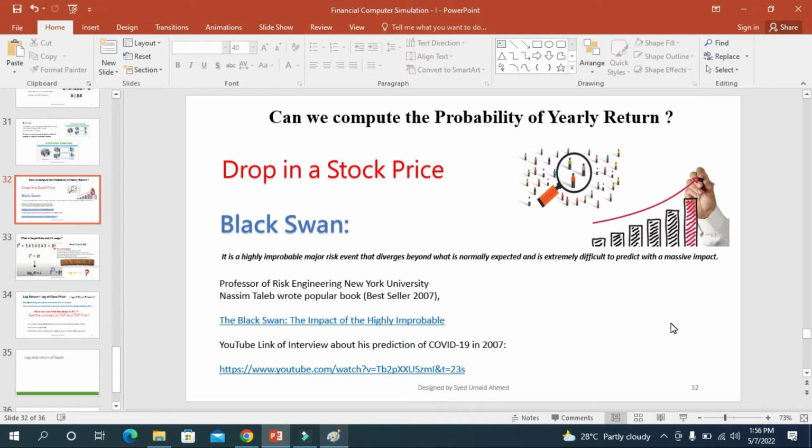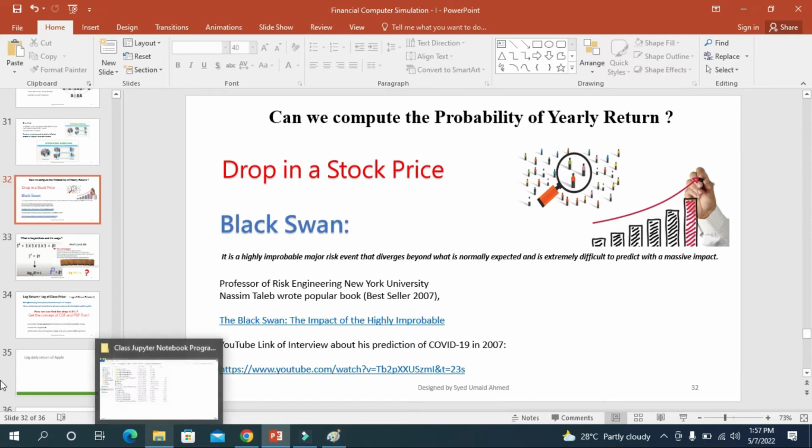اس کی وجہ سے بہت نقصان ہوتا ہے، اور یہ ایک ایسا ایونٹ ہے جس کو ہم اپنے فائنینسز میں، اپنے چارٹس میں، اپنے پریڈکشن میں کسی صورت ایڈ کرنا مشکل ہو جاتا ہے۔ تو اب ہم آگے کی طرف چلتے ہیں۔ ہم نے ایئرلی پروبیبلٹی بھی پریڈکٹ کرنی ہے ڈراپ کی، 5% پروبیبلٹی بھی پریڈکٹ کرنی ہے، لیکن یہ کب ہو سکتا ہے؟ یہ اسی وقت ہو سکتا ہے جب آپ کا جو کلوزنگ پرائس کا کالم ہے، جب اس کا لاگ ریٹرن کیلکولیٹ کیا جائے۔ لاگ ریٹرن کیا ہوتا ہے اس پہ بات ہو چکی ہے، تو وہ نارمل ڈسٹریبیوشن بنا رہا ہو جیسا کہ یہاں پہ بنا رہا ہے۔